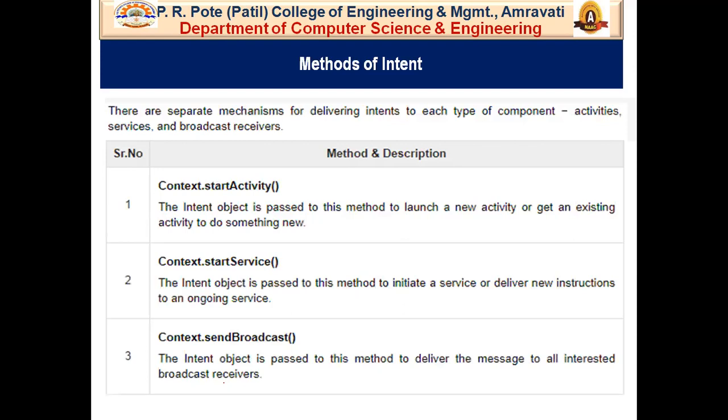So now let's talk about the methods and the related description of the intent. First we have three main components that we can call. As we discussed in the starting of this lecture, these three components are the activity, service, and broadcast.